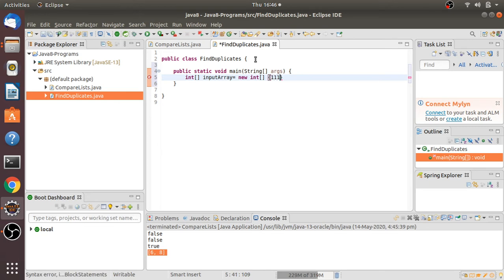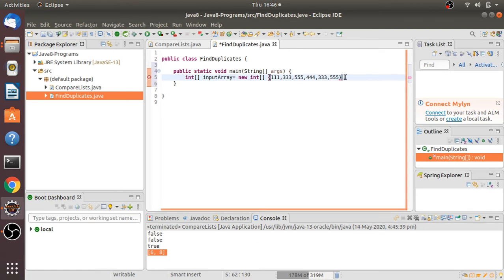I'm going to take 3 3 and 5 5 4 4. I'm going to repeat these because I need to find the duplicates, guys, so that's why I'm repeating here.